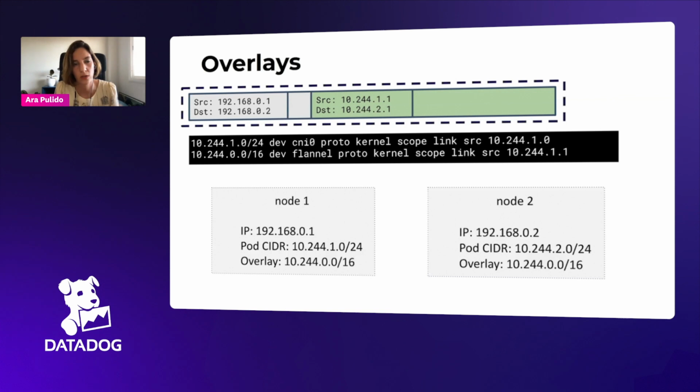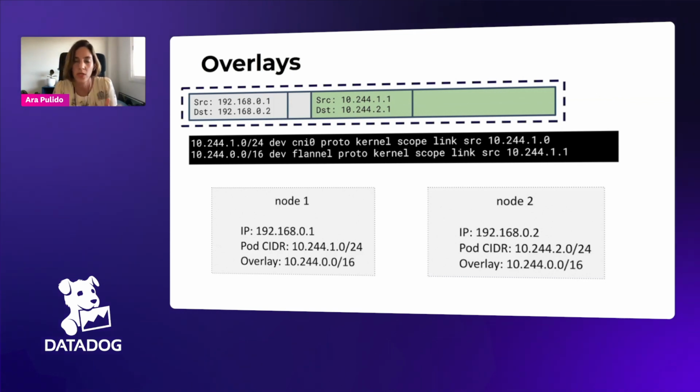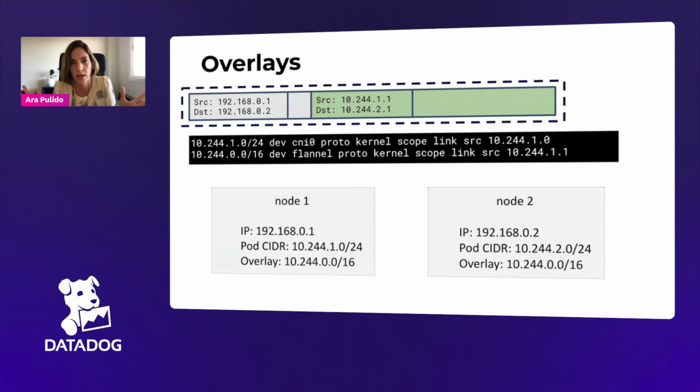So it's going to create a new header for the packet, and it's going to route to the next hop, to the next node. When it arrives at the node where the pod is, it's going to do the opposite. It's going to remove the extra header, and reroute the original packet. And so it's very simple to understand and very simple to debug, but it has some scaling issues, isn't it,